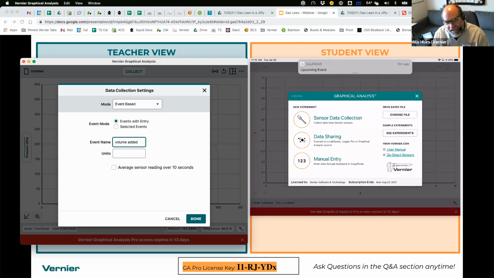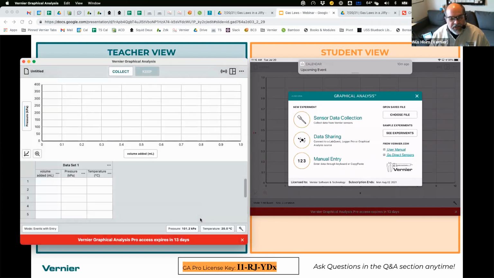So I'm going to add a gas to a flask here, and you'll see that in just a minute, and of course in milliliters. And so that's going to be our events mode. And you'll notice that at the top here, now I have a keep key, I've got a table. And so now let's get you guys set up so that you can see the data come to you live